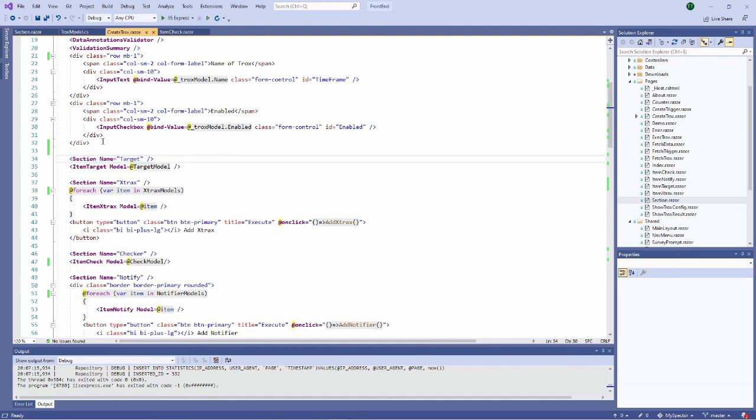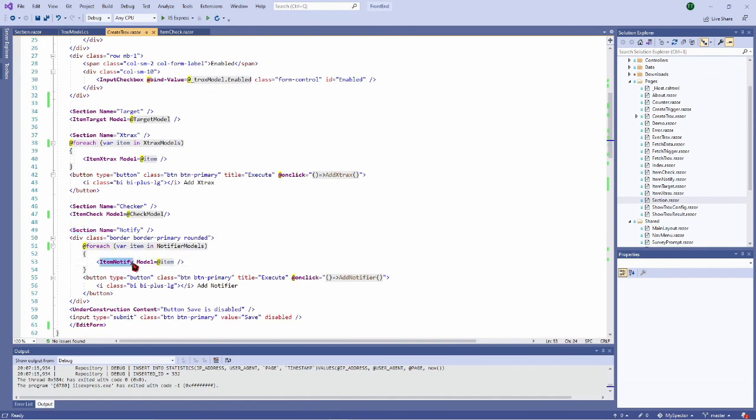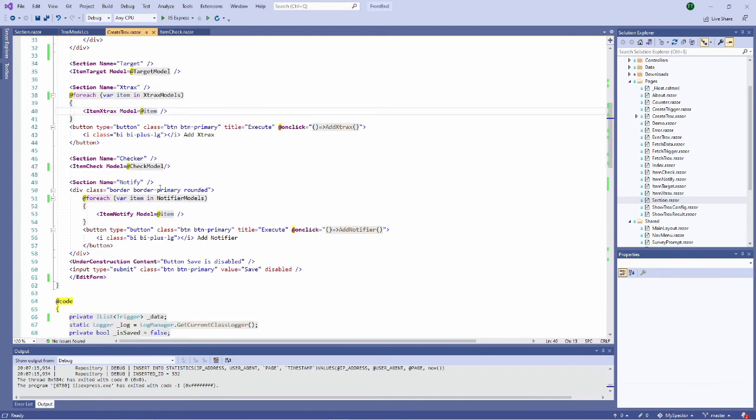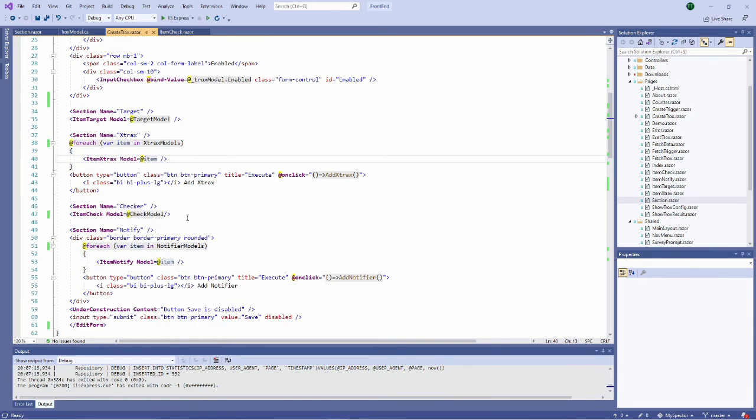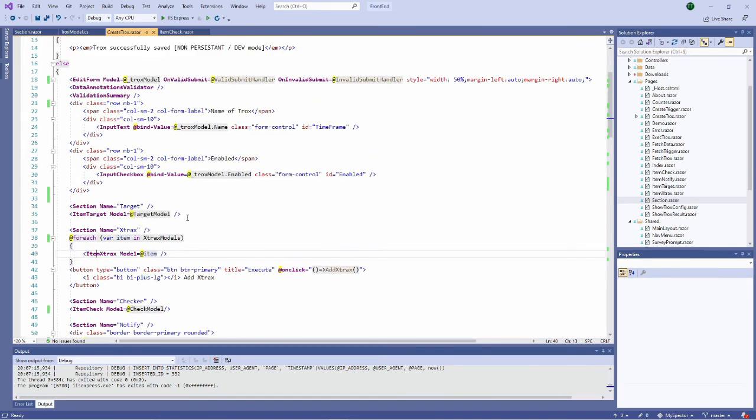To avoid redundancy in the HTML code, I use the section name in different places. So here you see section name target with the item target, section name extracts, section name checker with the item check, section name notify with the item notify. And each item is attached as a property called model, which has the specific type. So now look at the extracts, create trox, how the code is different and easier to read than the first version at the beginning of the video.